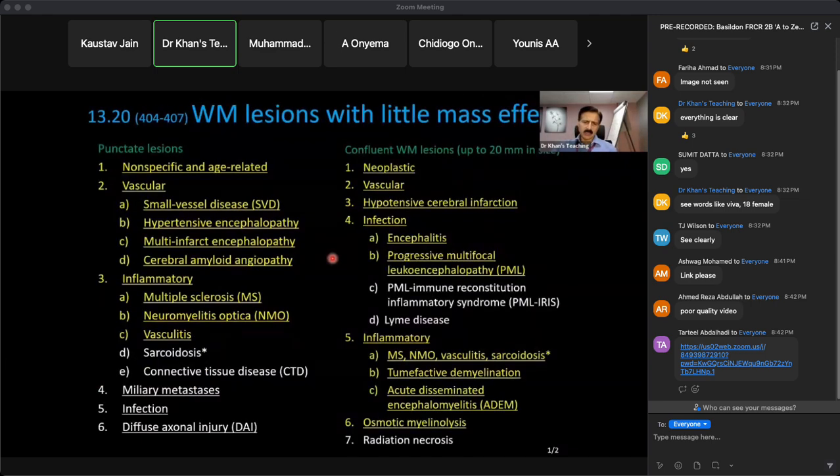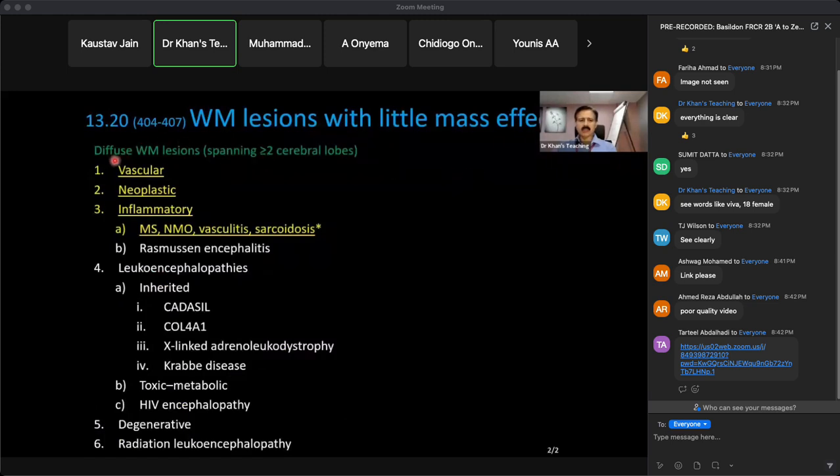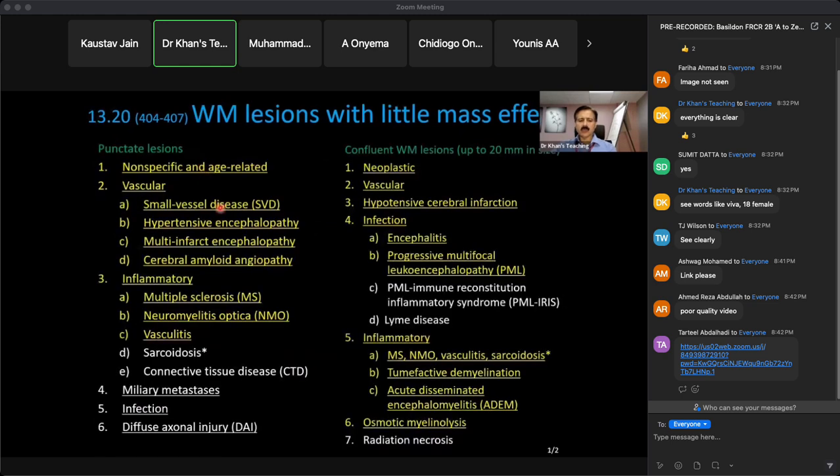Now, the latest book has divided white matter lesions into 3 headings or subheadings: punctate lesions, confluent white matter lesions up to 20 millimeter in size, and then diffuse white matter lesions. So the differential diagnosis changes. But one thing which I want to highlight